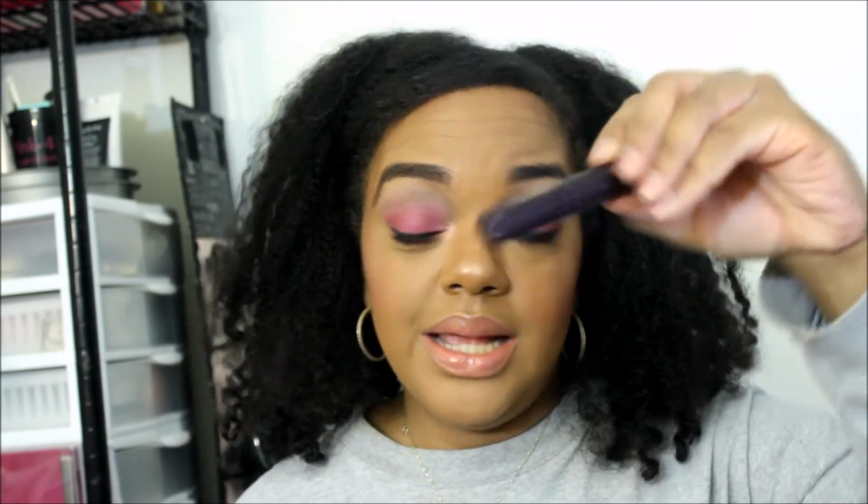Alright guys, this is my pink look for Breast Cancer Awareness Month. I was going to put on some lashes, but I don't feel like it, so some mascara on, which I forgot to mention was my Tarte Lights Camera Lashes, which is my favorite. You probably can't really see it, but it is what it is. I'm going to end this video with giving a couple facts that I printed off